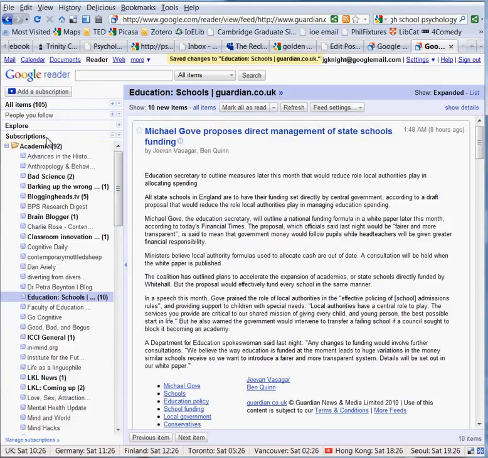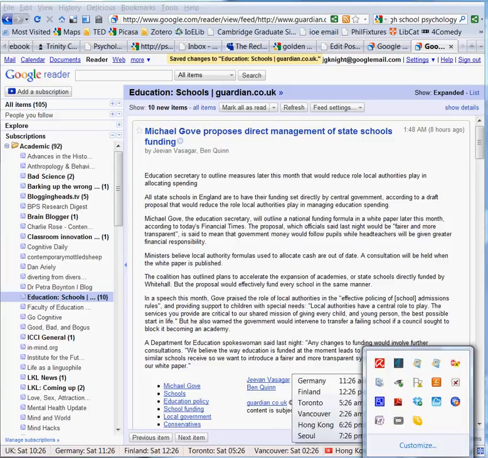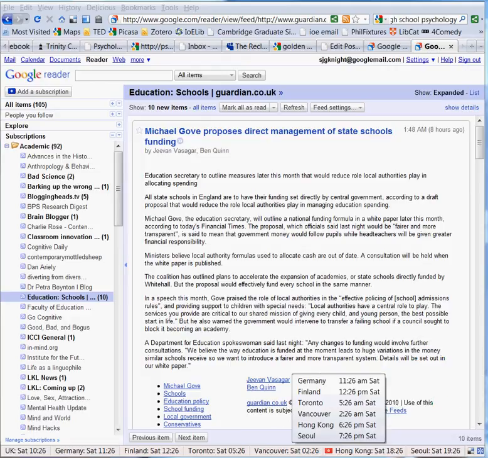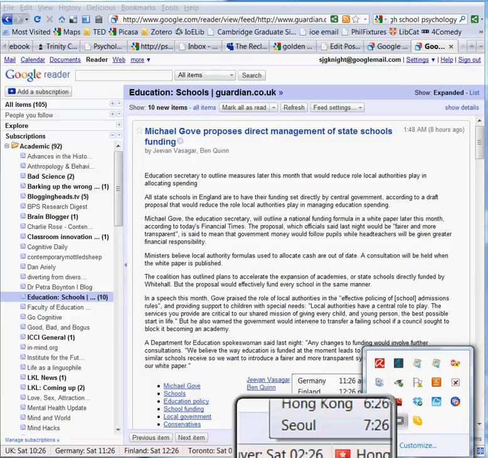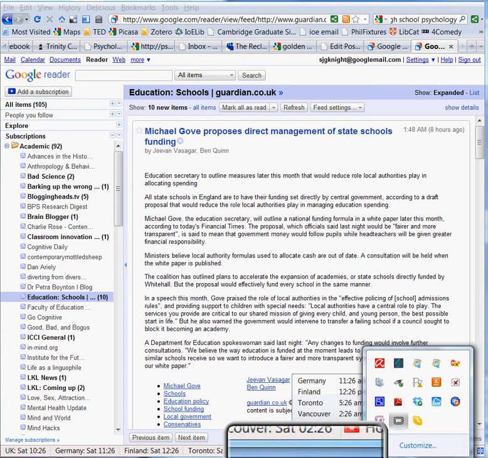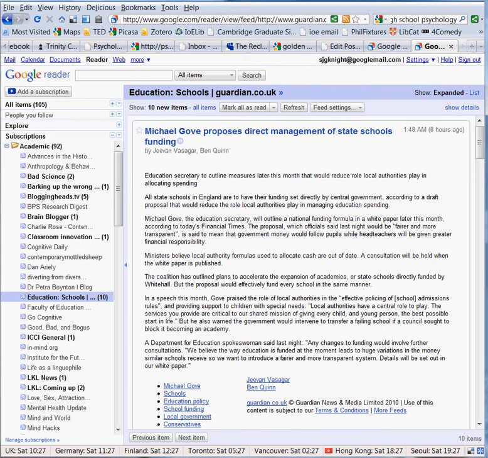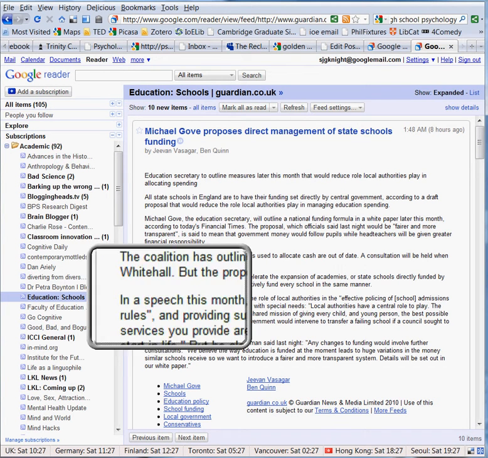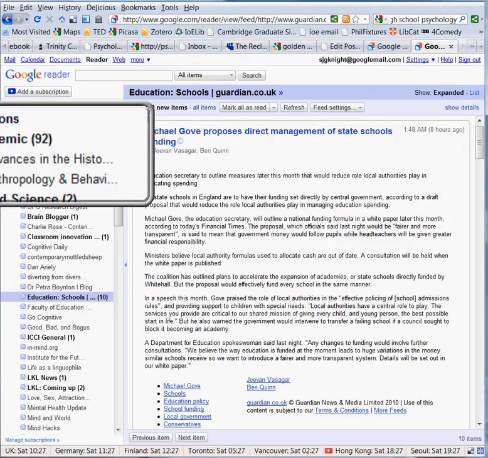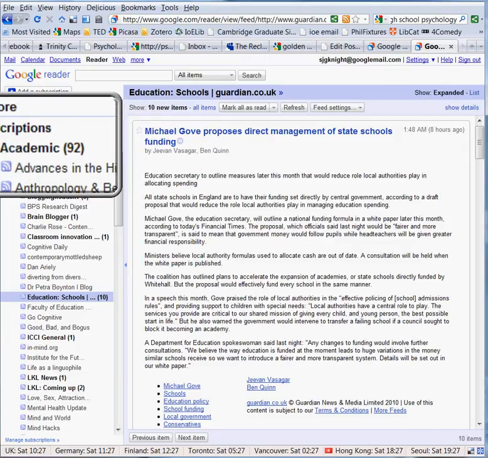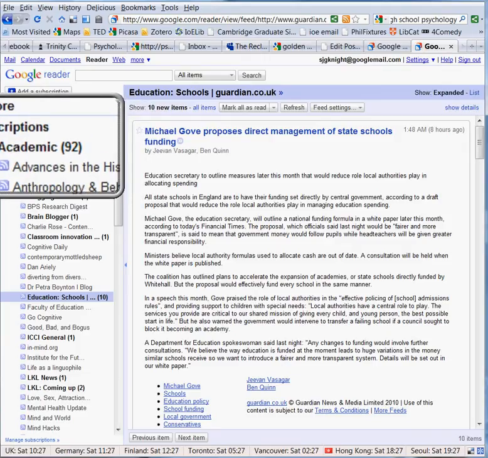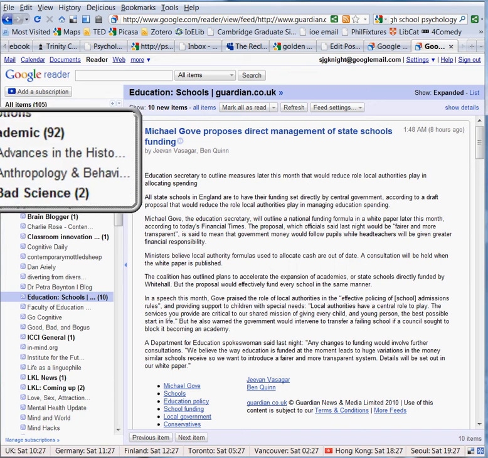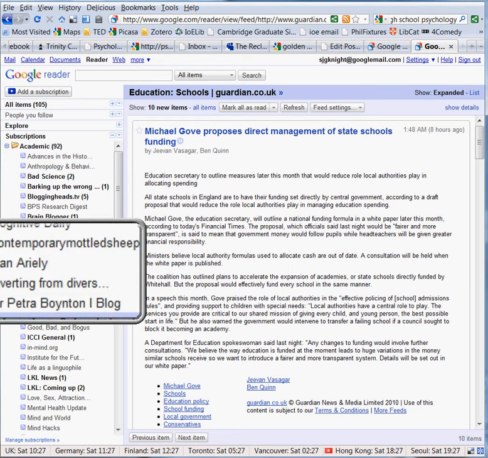Up to there. And I wouldn't recommend that anybody follows 92, because it can be a bit time consuming, but following a few is very useful. If I just scroll down here, it gives you some idea of